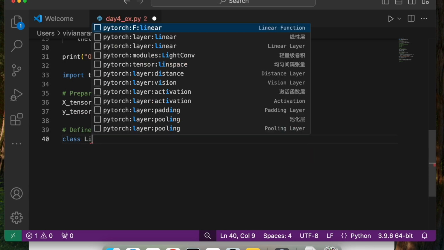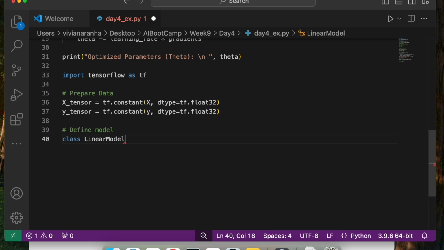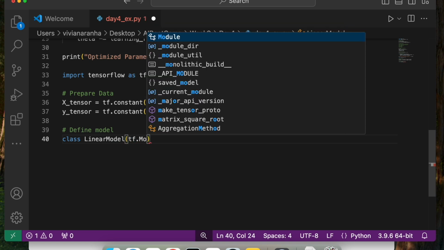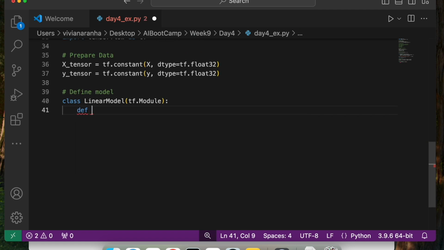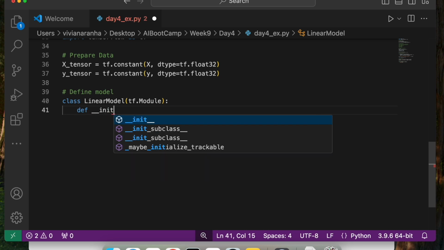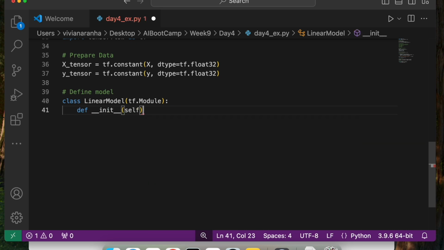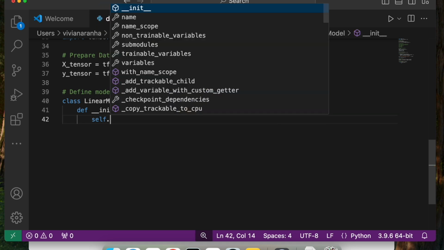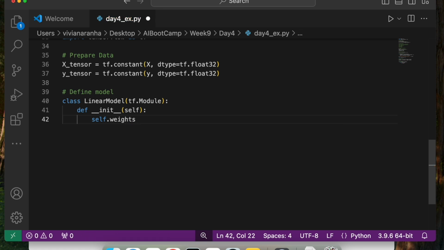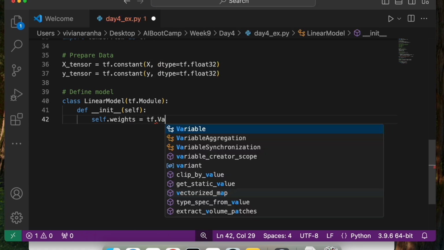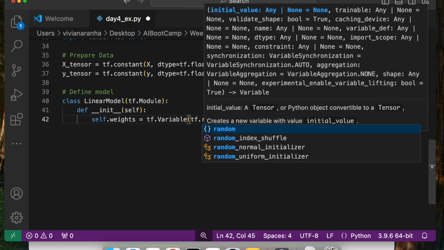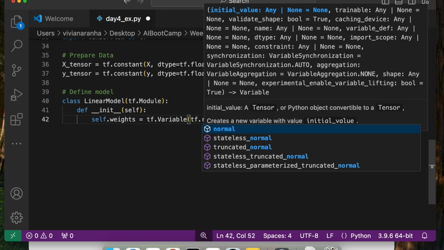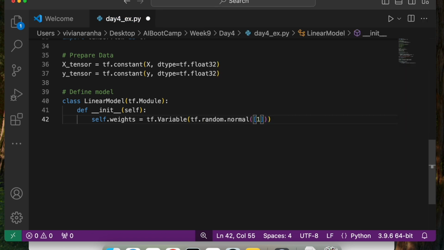Next, I am going to define the model. I'm going to create a linear model and pass it tf.Module. In here, first let's write the initializer method. Init, pass self to it, and the way to do it is I'm going to assign the weights and biases. I'm going to say weights equal to tf.Variable of tf.random.normal around 1.